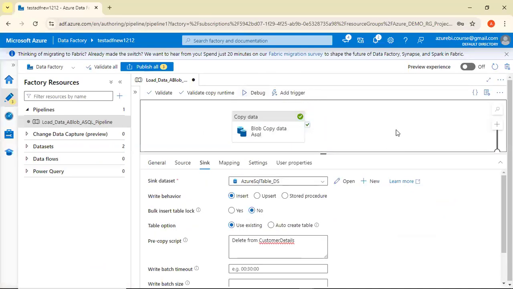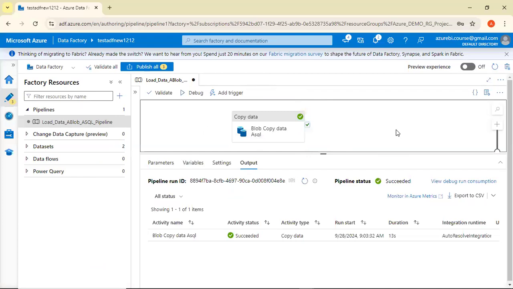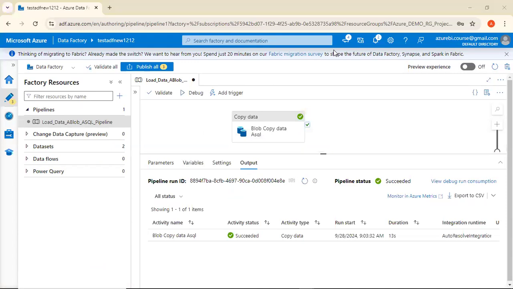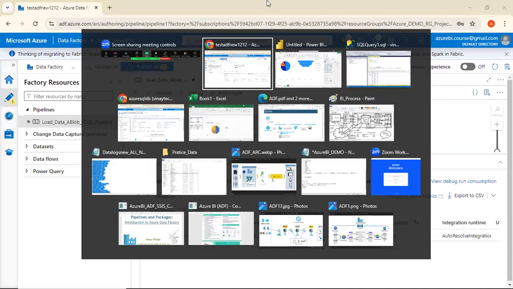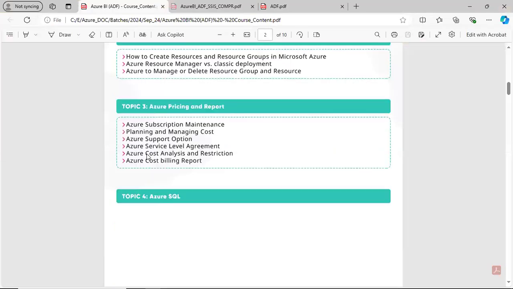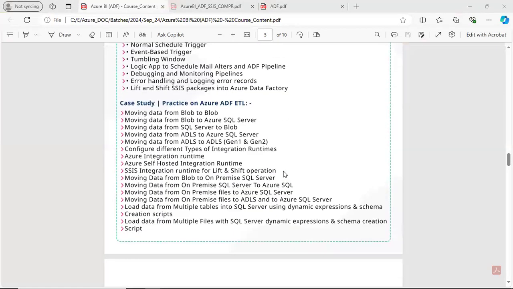We're going to work on this. Okay. Got it? So like this, we have different templates. Different templates we're going to do practically in the regular class. One of the case studies which I've just shown you is loading the data from blob to